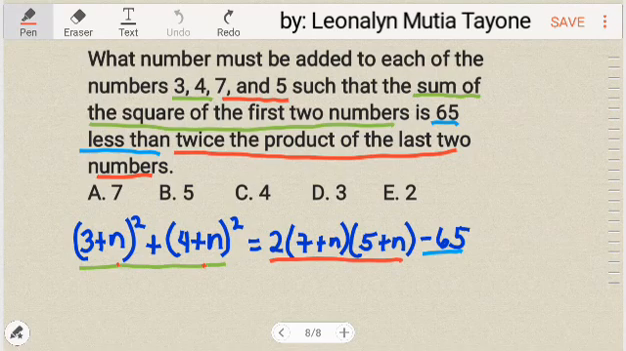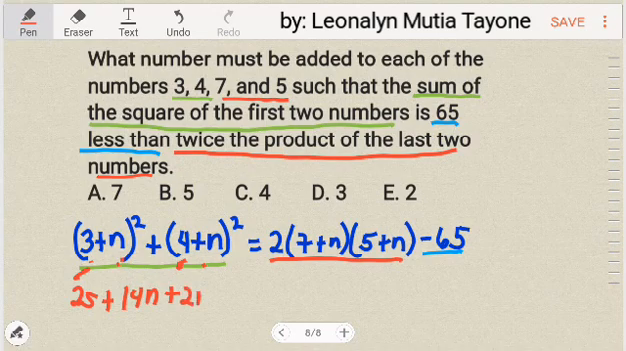Ngayon, isang mabilisang pag-solve. 3 times 3 equals 9. 4 times 4 equals 16. 16 plus 9, that is 25. 3n plus 3n, that is 6n. 4n plus 4n, that is 8n. 6 plus 8, that is 14n. Plus n squared plus n squared, that is 2n squared, equals 7 times 5, that is 35, times 2, that